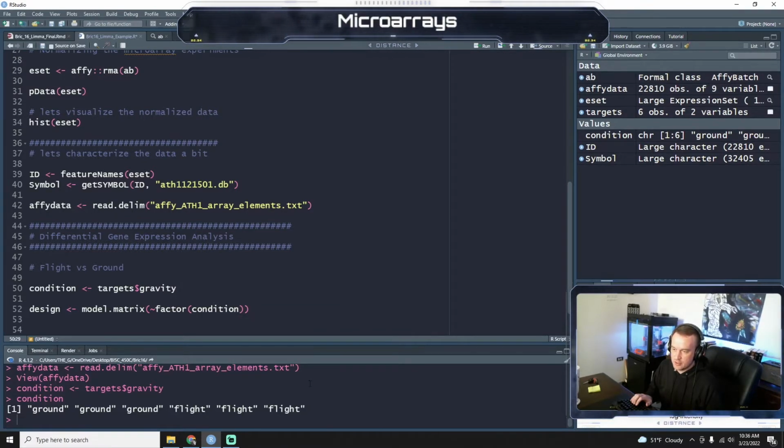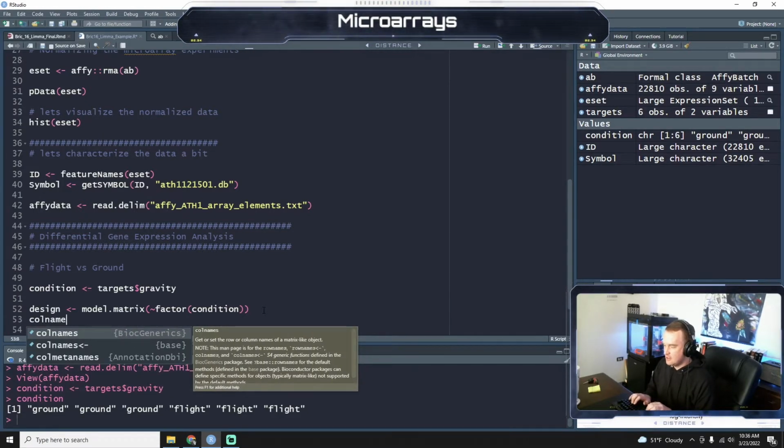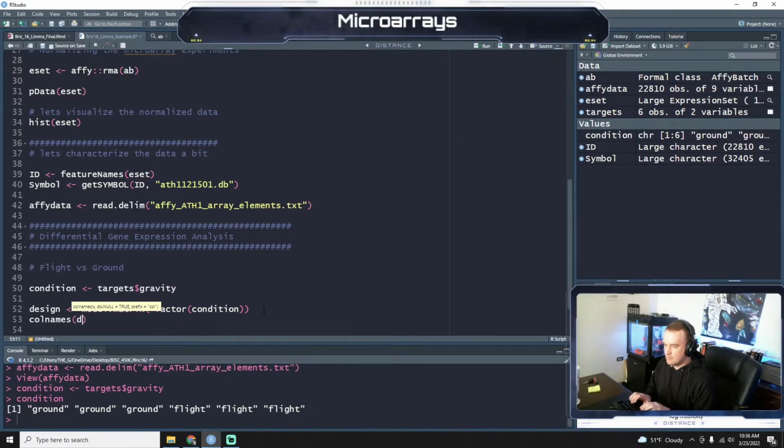Ground is one group and flight is another group, and they're factors, meaning categorical and not numerical data. So let's tell our design that our column names of design are